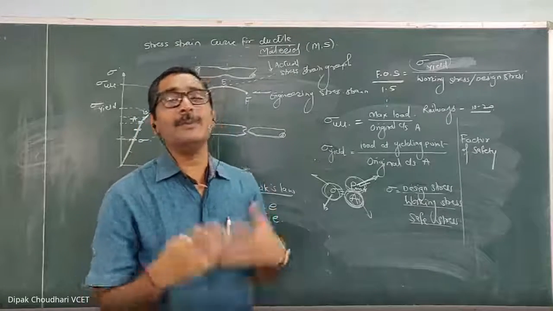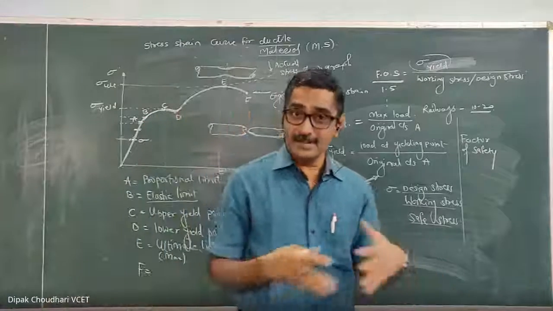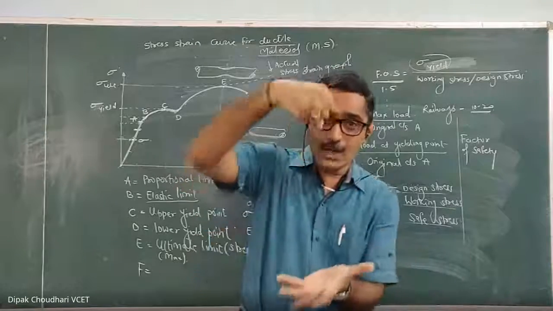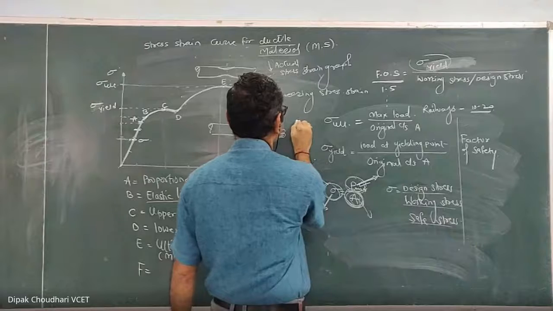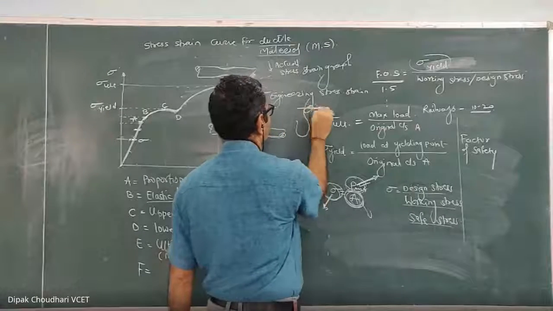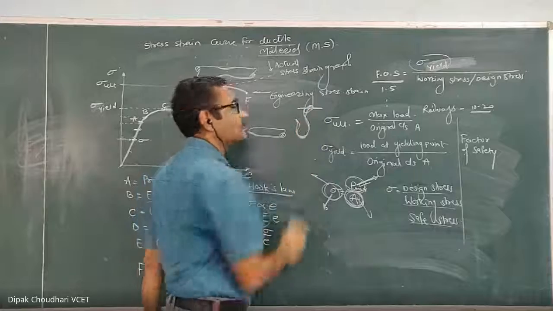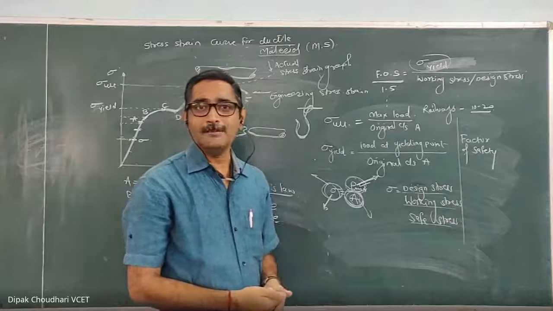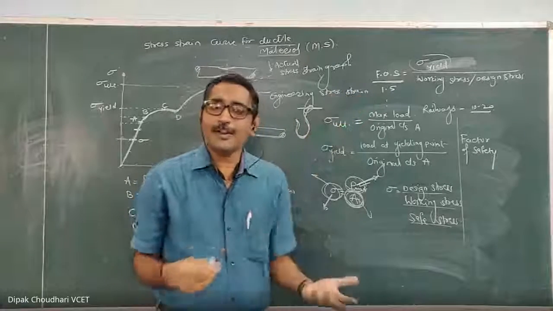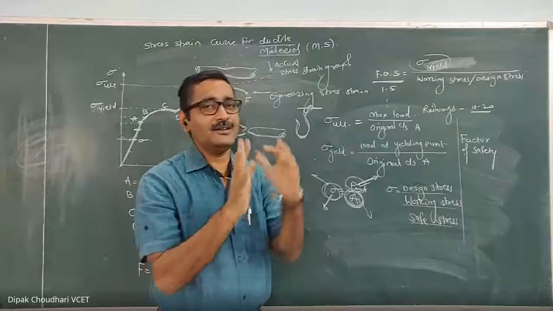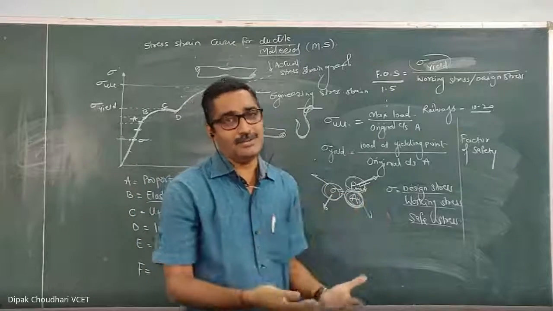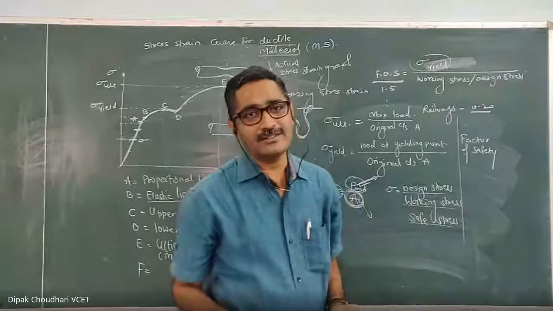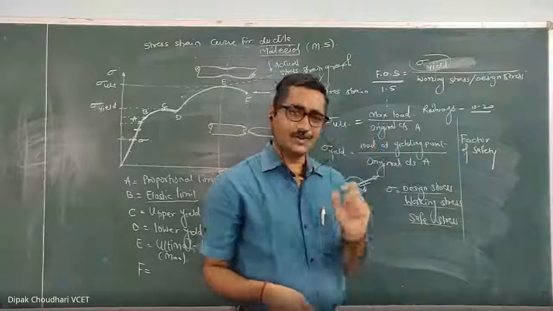If it fails, there may be financial losses and casualties. For example, the crane hook, which is used for the crane. For this crane hook, again the factor of safety is high because if it fails, a lot of losses will be there. When we use a higher factor of safety, the component will be stronger, but there will be more material consumption. If the factor of safety is less, less material is required, because the cross-sectional area will be less.